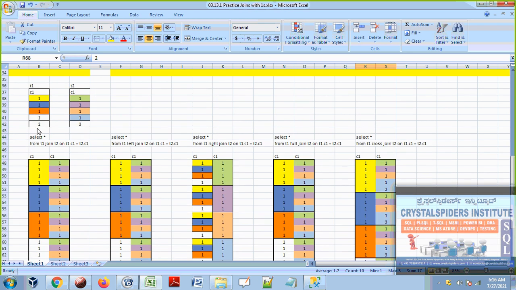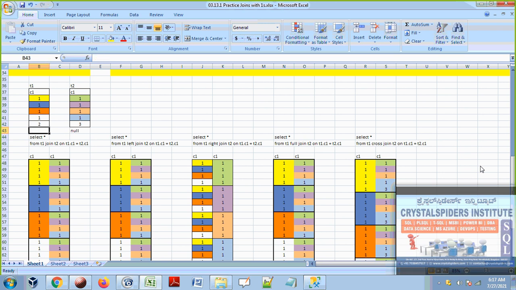If both sides have nulls, null will never and ever match. Suppose null is there here, and null is there here. Null is always going to be considered as non-matching only. Null equal to null is false. Null not equal to null is also false. Null represents an unknown value. Is unknown value equal to unknown value true or false? That is false only. Unknown value not equal to unknown value is also false. So when we compare 2 nulls, it is always false. So it never and ever matches.